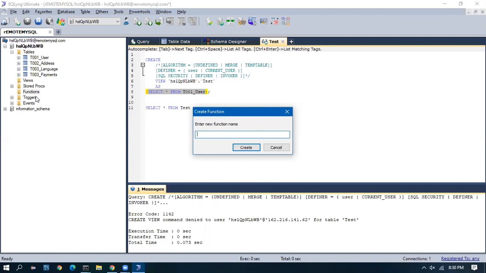So we have an option to create a function. Let us say we want to convert a date to a specific format. We will write it as a function and keep it. Wherever needed, we will call that function and the date will be converted accordingly. That is the use of a function.